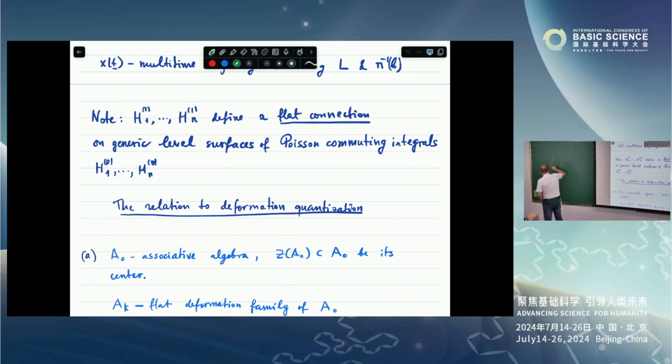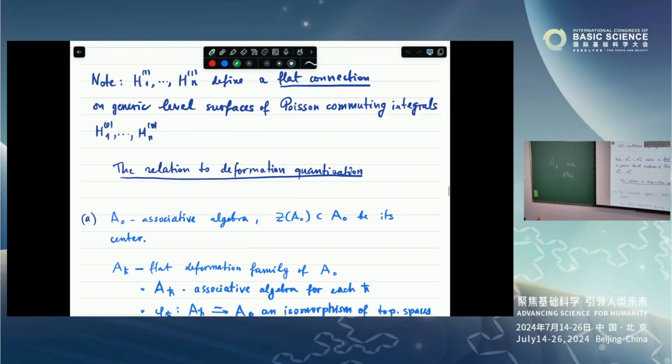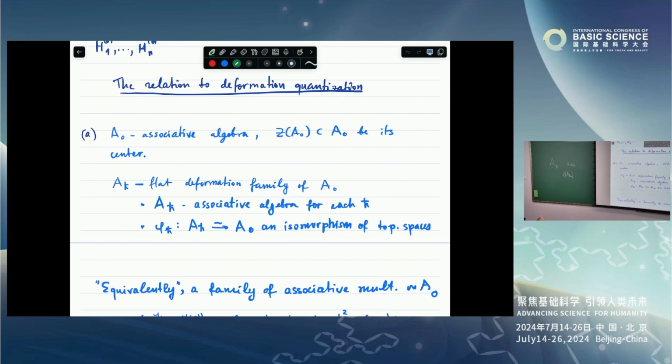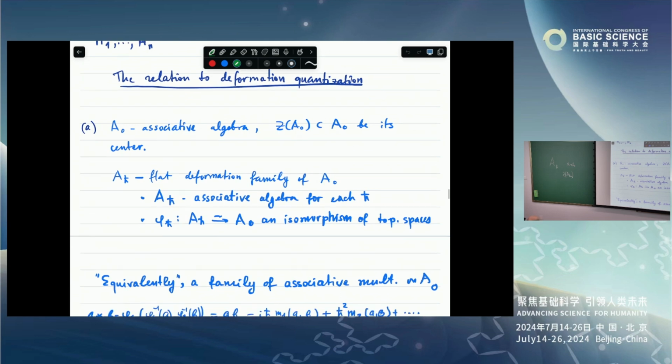No, just listen. You have the family of associative algebras. You specify h to h0. Then on the center Z of h0, actually, I'm going to talk about this. Why am I doing it now? Sorry, that's my next step, the relation to deformation quantization. If the answer is unsatisfactory, I'll come back to this. But it's a well-known construction in representation theory.